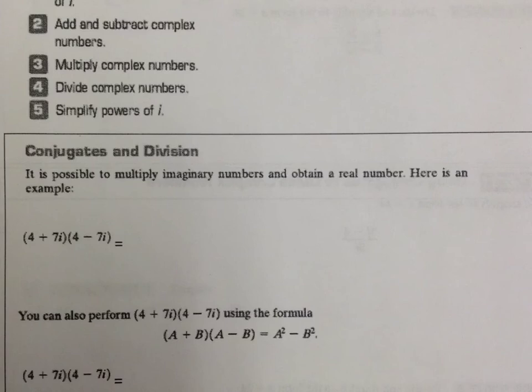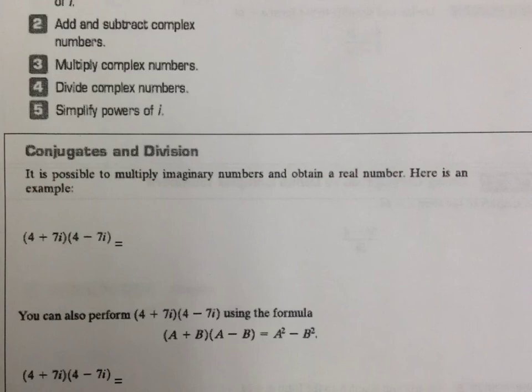Well, let's look at what this says. It says, it is possible to multiply imaginary numbers and obtain a real number. Here is an example, and we're going to go through this example. If we use the conjugate of 4 plus 7i, which is 4 minus 7i, if we multiply those two conjugates,